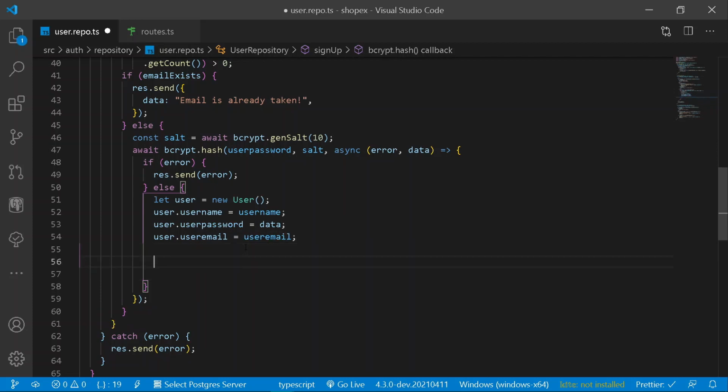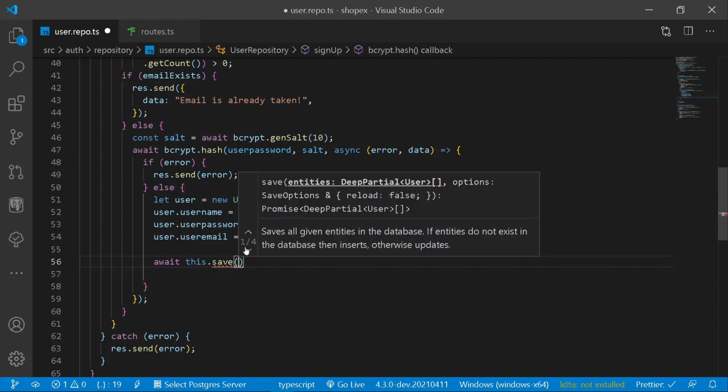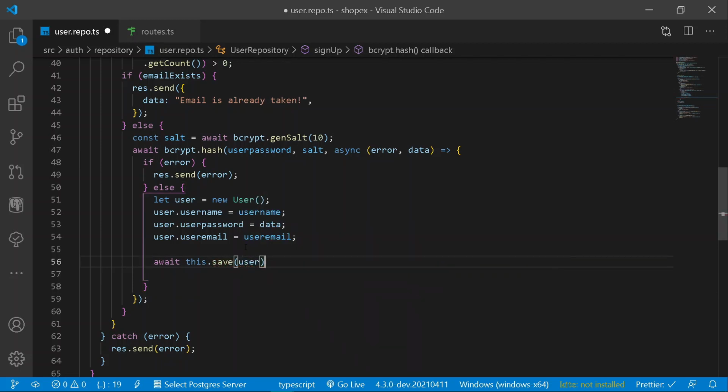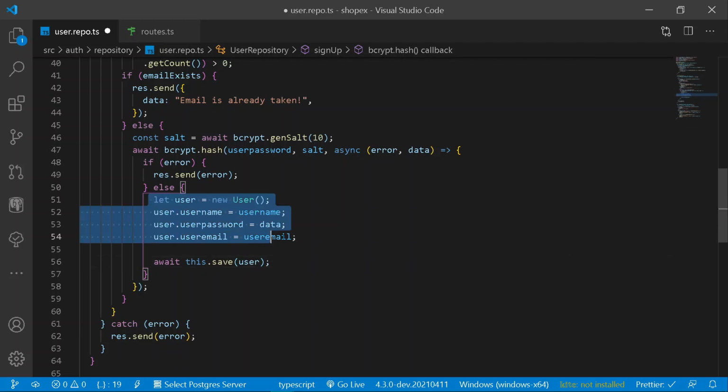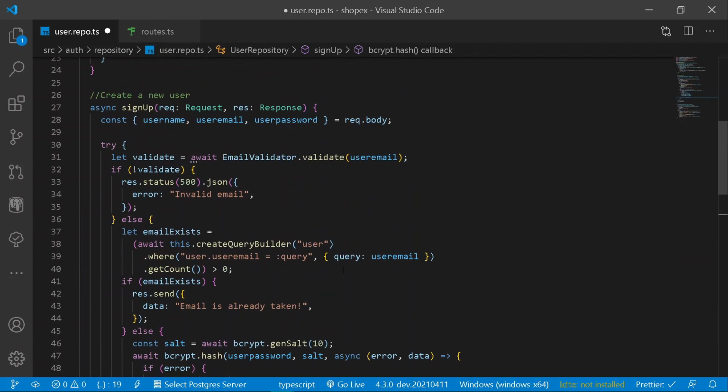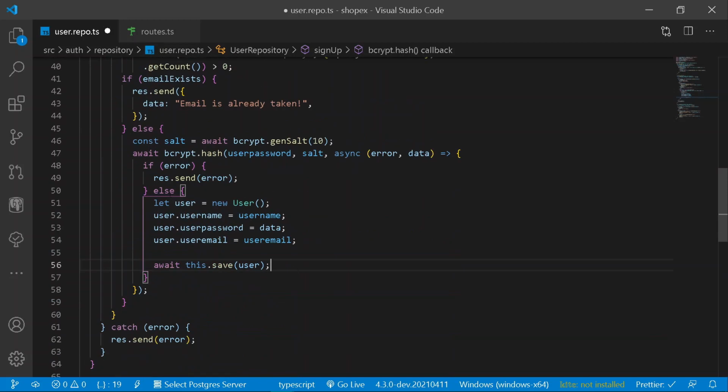Cool. So once we have got the instantiation of our new user, I will be saving everything under my repository. So for that purpose, I will be calling this.save, just like this. And under this, we need to save our entire user that we have created so far, which is this one. Now I know the following method is quite big, but we need to do this. So once we have saved our user, first of all, we need to also send a JSON web token to the user.